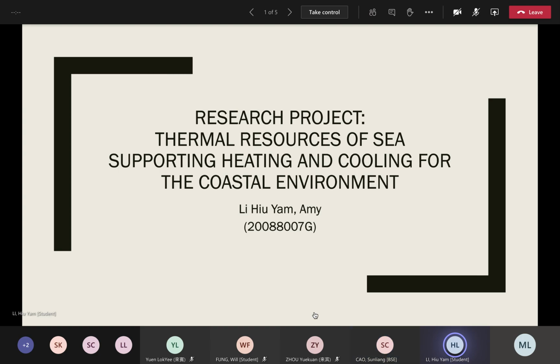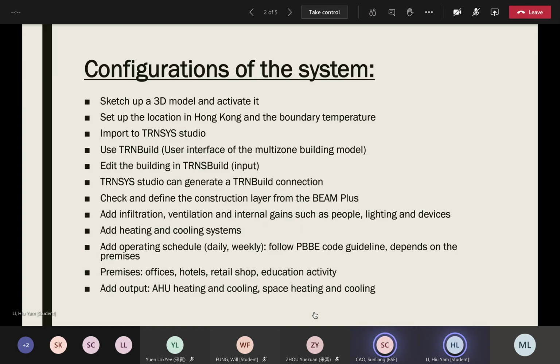The thermal resources of the sea support heating and cooling for the coastal area. For the configuration of the system, I will first make a SketchUp of the 3D models and then activate it, and then input the location in Hong Kong and the temperature, and then I'll start to do the system component simulation. Before that, I will add the infiltration rate, ventilation, internal gains, and